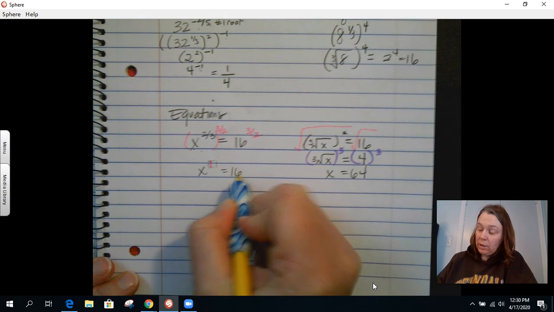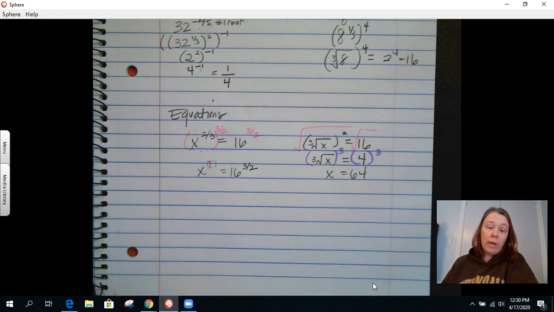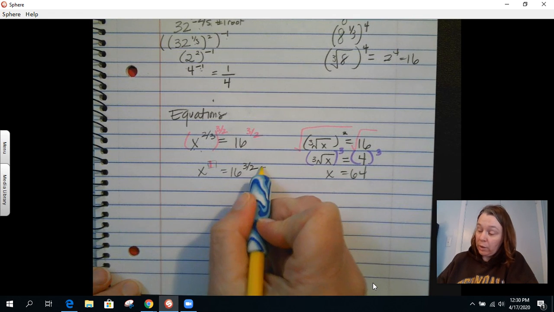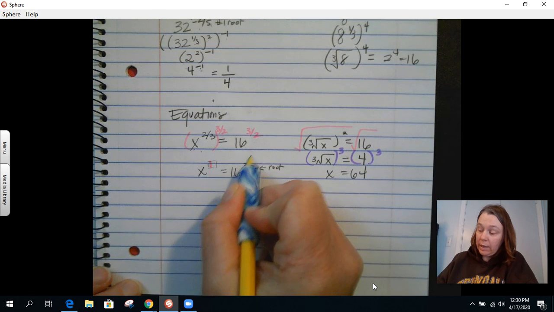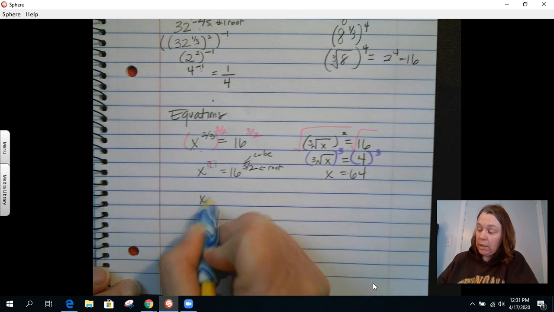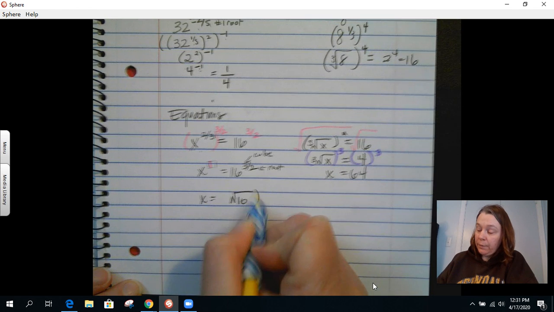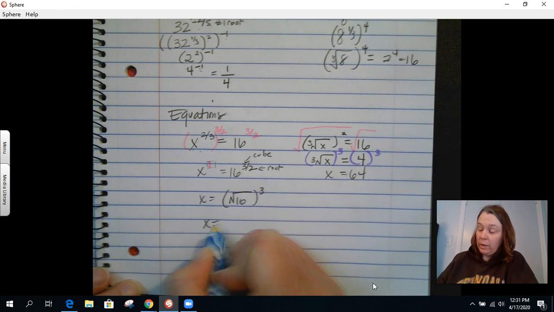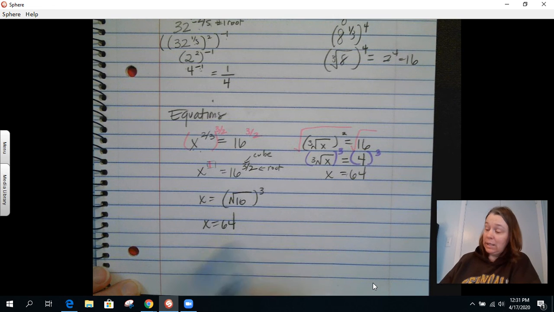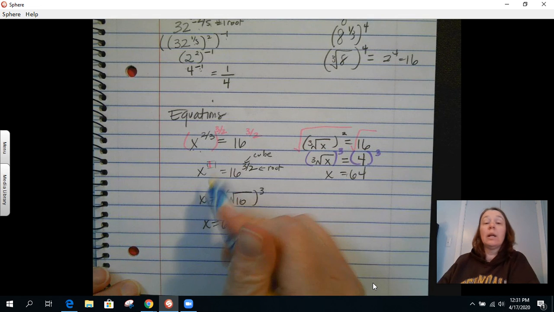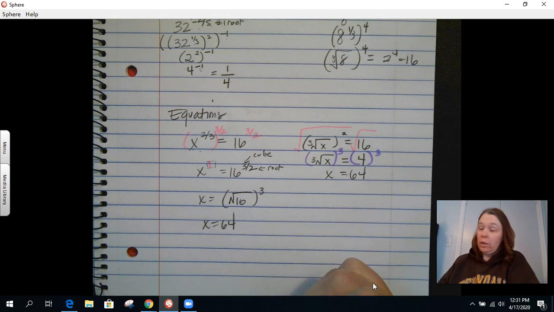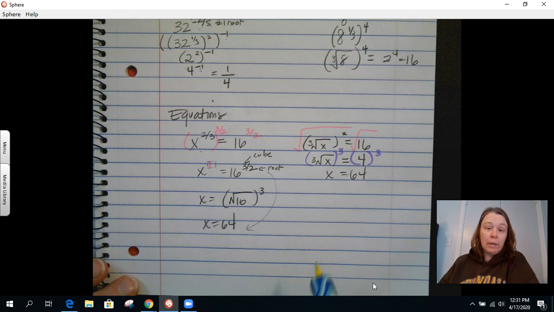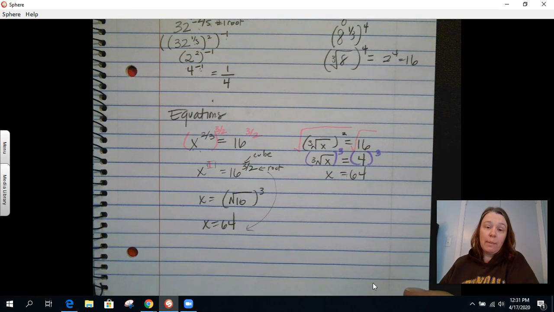Okay, so then I have 16 to the 3/2 power. Well, 16 to the 3/2 power means I'm going to do the square root of 16, and then I'm going to cube it, right? It just means the square root of 16 cubed, which is 64. Okay, it's not necessary to write this out. If you can think of that in your head, like, okay, I'm going to take the square root of 16, then I'm going to cube it, and I'm going to get 64. You can definitely go right from here to here. These are things that can be done in your head, or if you have a little power sheet, that might be helpful too. Okay, so that's just a quick recap of exponents,